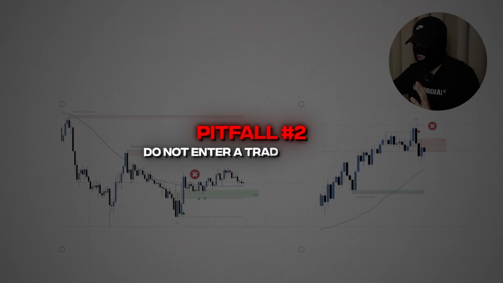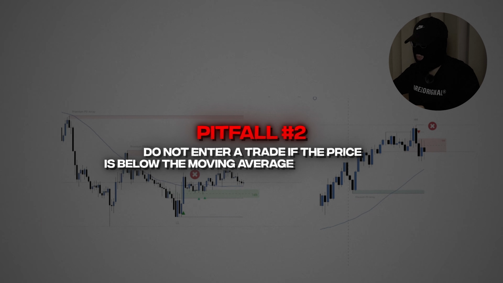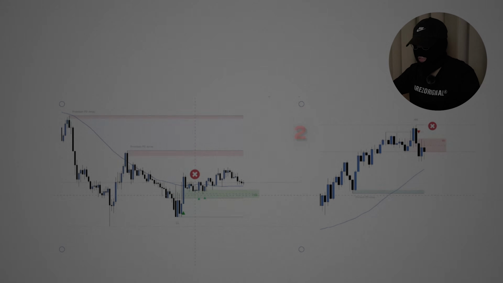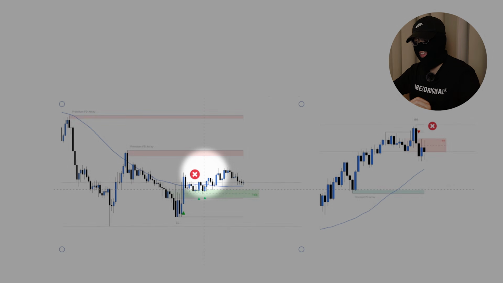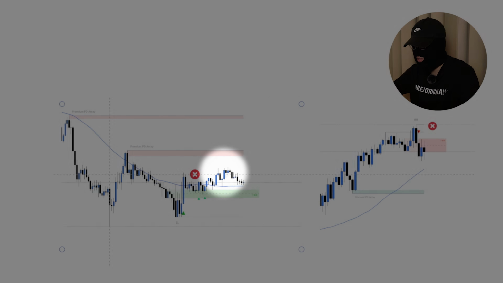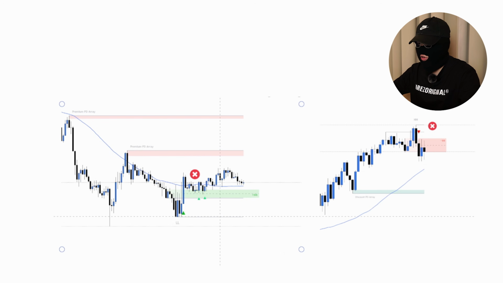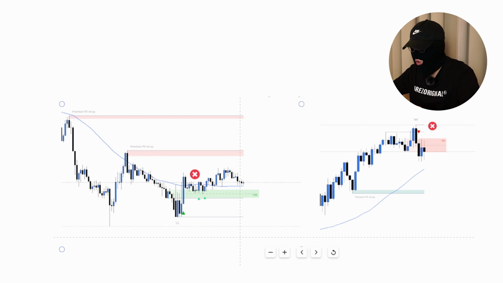Pitfall number 2. Do not enter a trade if the price is below the moving average for buy trades. If the price is below the moving average, it tells us that price is potentially going to change direction, because if price is below the average of the past 44 candles, it tells us that price is bearish. Price is coming down. Therefore, it would not be a good indication to long when price is below the moving